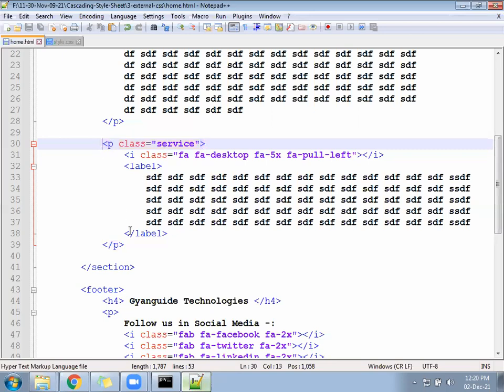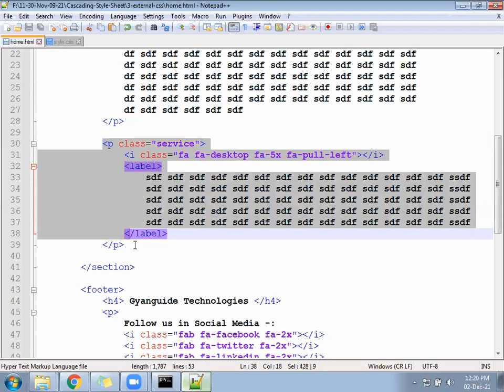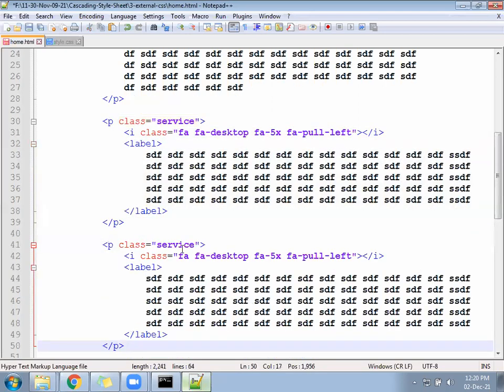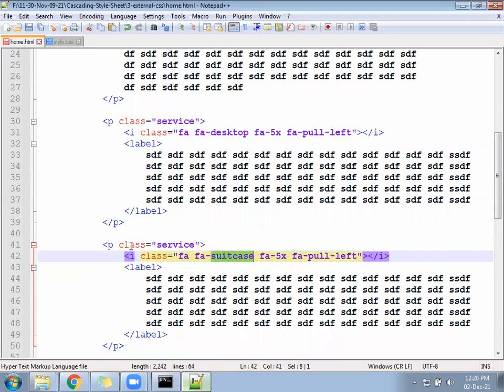Now copy the same paragraph and paste it again below. Let it be service only. Here, desktop, convert into suitcase. Let it be pull left. Text is equal, no problem. If the icon looks bigger, you can make it 4x.